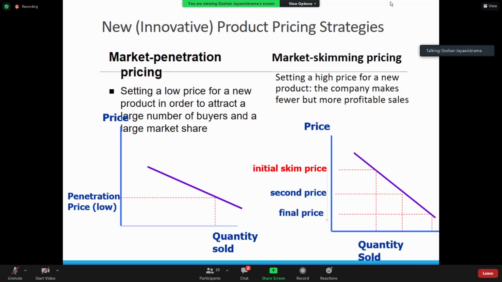That in simple words means that you have to have more consumers buying your product. Market share has to be increased. But these are broad approaches. Following these approaches, what you can do is decide on the actual price. You have to have a broad approach and then the actual price.